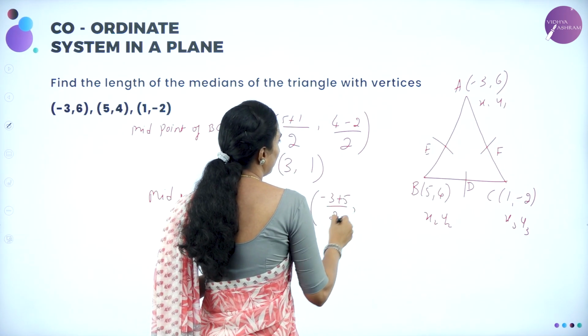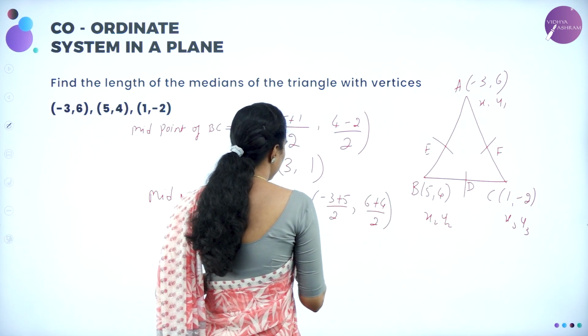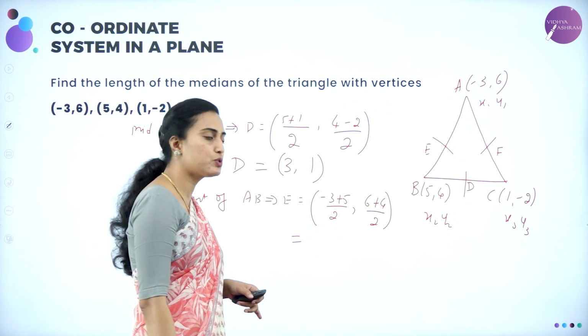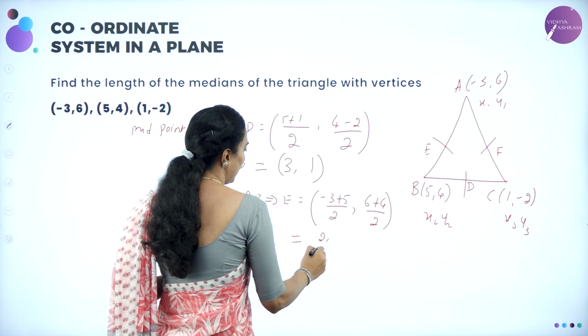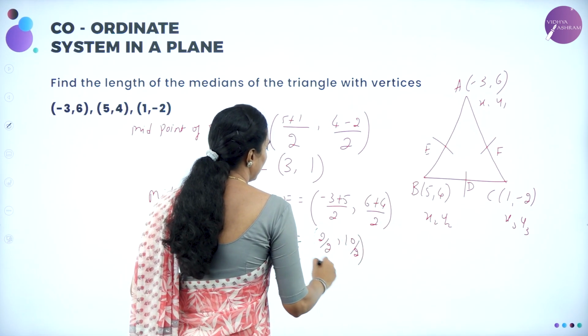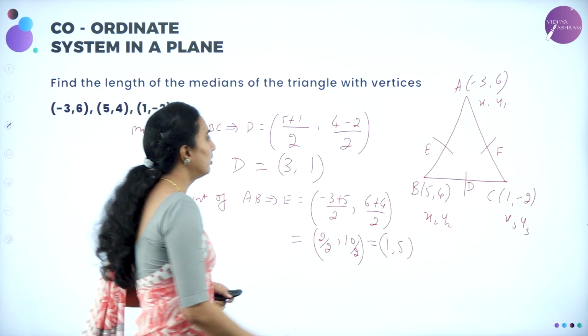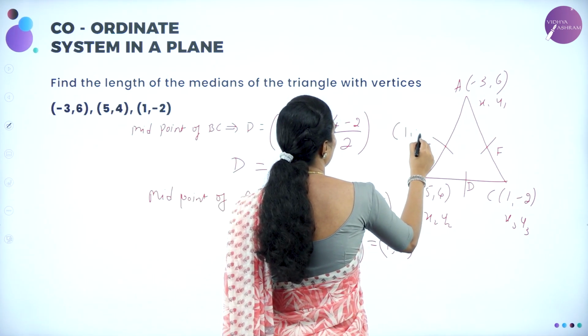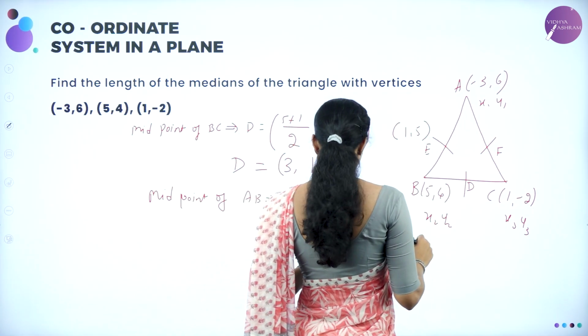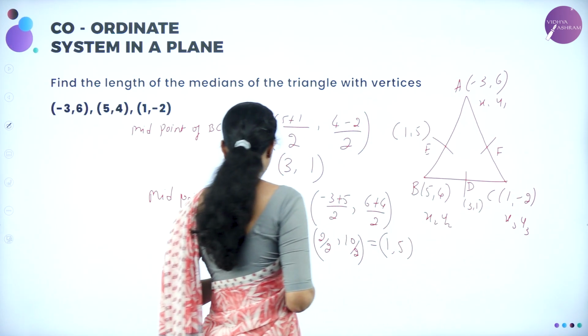5 divided by 2, comma, 6 plus 4 divided by 2. So the answer, minus 3 plus 5 is 2, 2 by 2, comma, 6 plus 4 is 10 by 2. You are going to have 1, 5. This is E point. So you are going to write here E is 1, 5 and D is 3, 1, and then for F we need to find out the midpoint